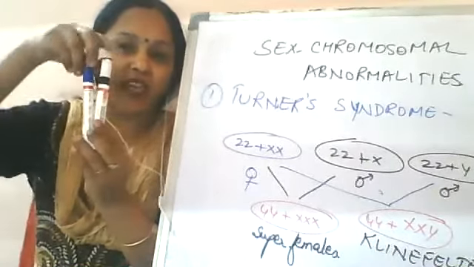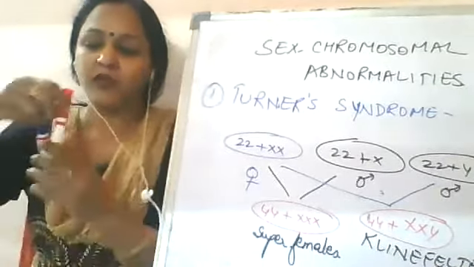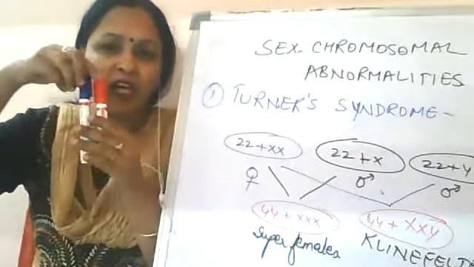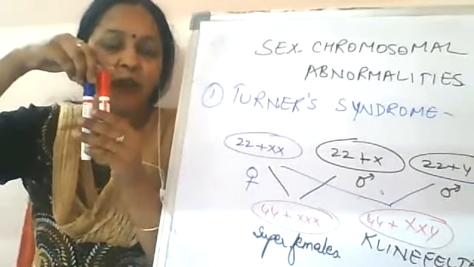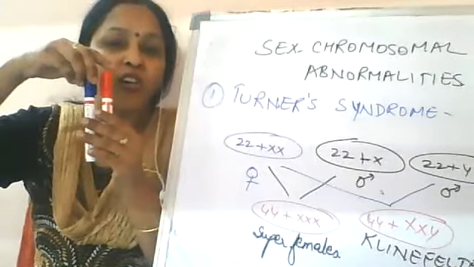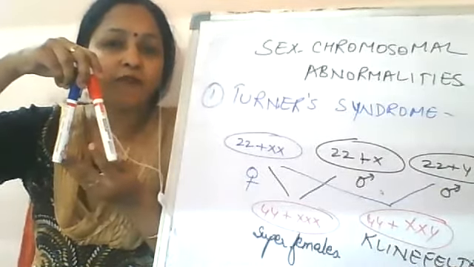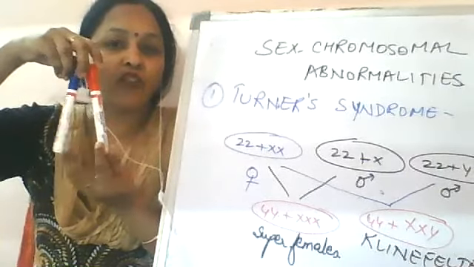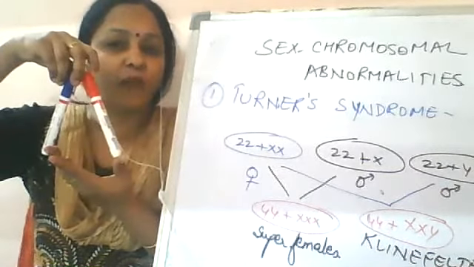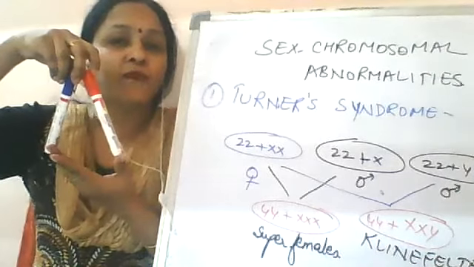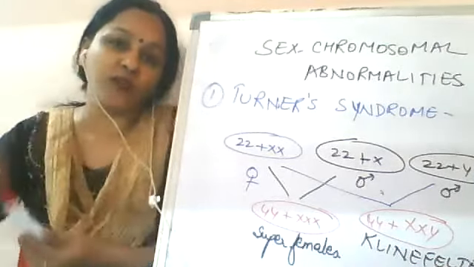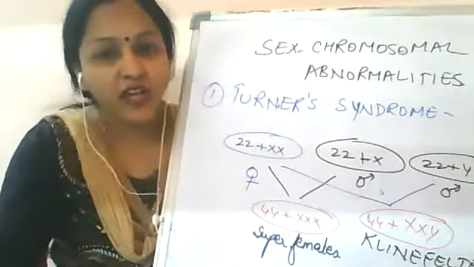Here, consider the cap portion as the knees. Both legs have knees, and we can stand erect like this. But the people who are suffering from knock-knees disorder, how do they stand? They stand like this. They cannot stand erect because of the specific angular deformation. So that is the knock-knee deformation, which is seen in the case of Klinefelter syndrome.